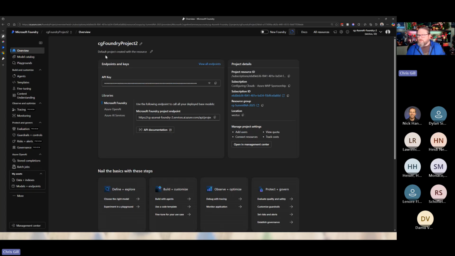After I created the project, I'm going to call out two things on the screen. So the API key, very, very important. That is something that we would need later on. And when I say later on, this is where you have an integration point to Power Platform. So you would need this project endpoint from Foundry, and you would also need the API key. That allows you to securely connect to this resource, make calls, and basically do the work of the agent that it needs for what you built inside of Foundry.